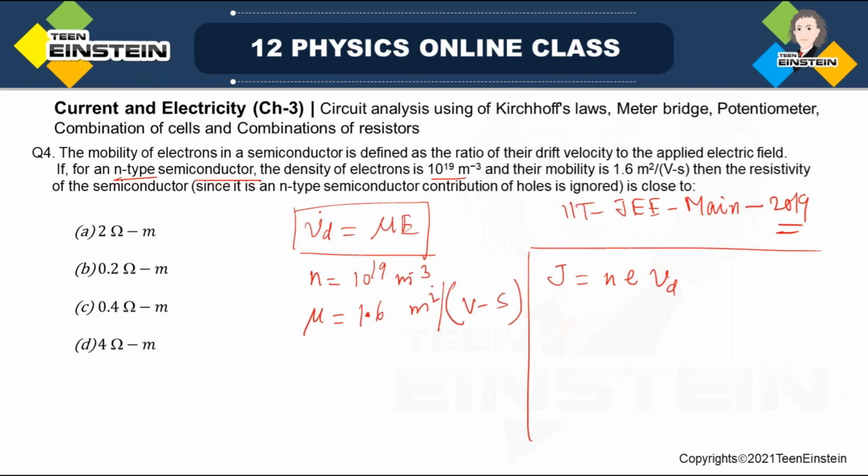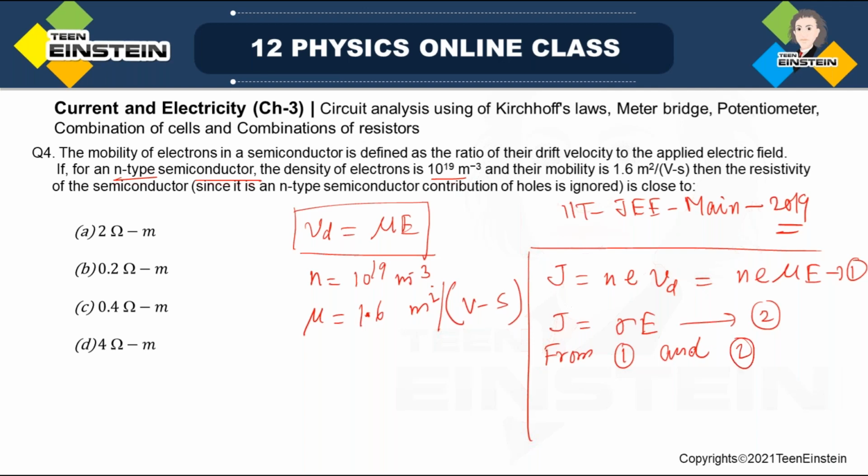Now, if we put the value of drift velocity, which is mu into E, we just put it here, mu into capital E. Now look, one more thing. According to Ohm's law, we know J is equal to sigma E, right? So if I put this as equation number 1 and this as equation number 2,